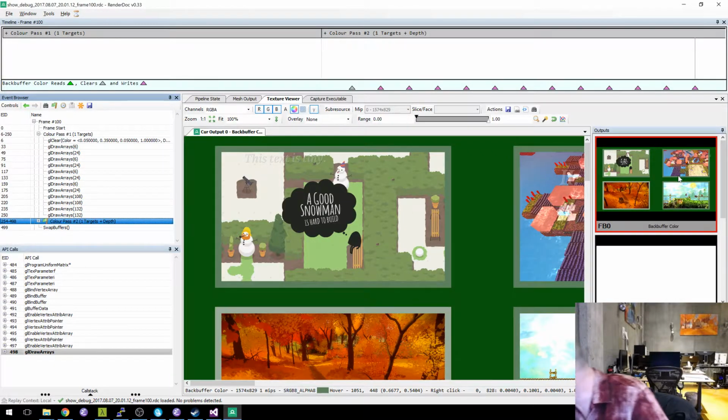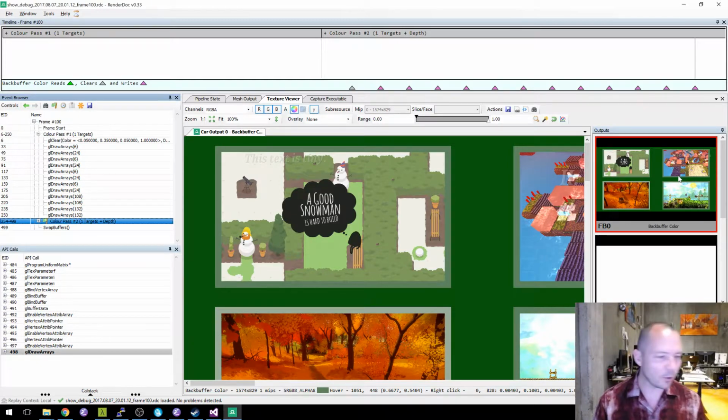Nick Kahn says, shouldn't you be positioning your rendering stuff based on the off-screen buffer instead of the back buffer? Yes, and that is what I just did. Render target width and render target height get set to the dimensions of the off-screen buffer when you set an off-screen buffer. What is that A Good Snowman thing from?